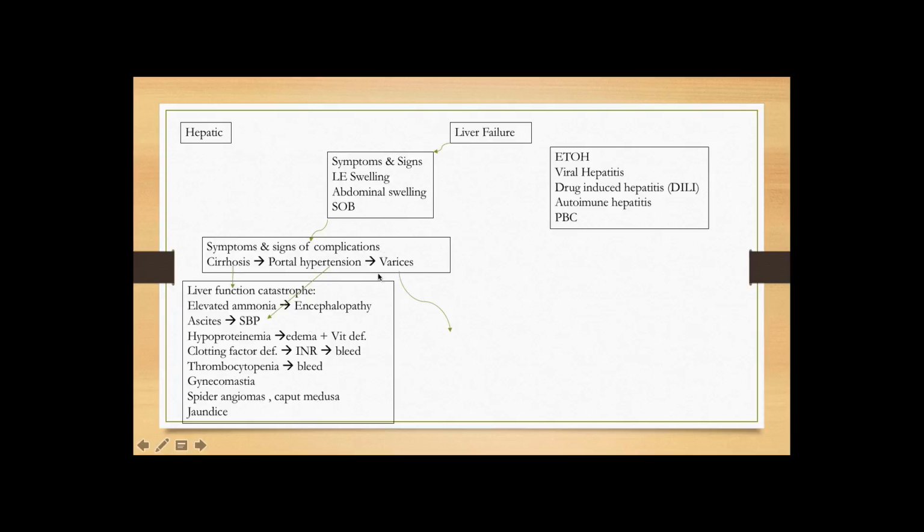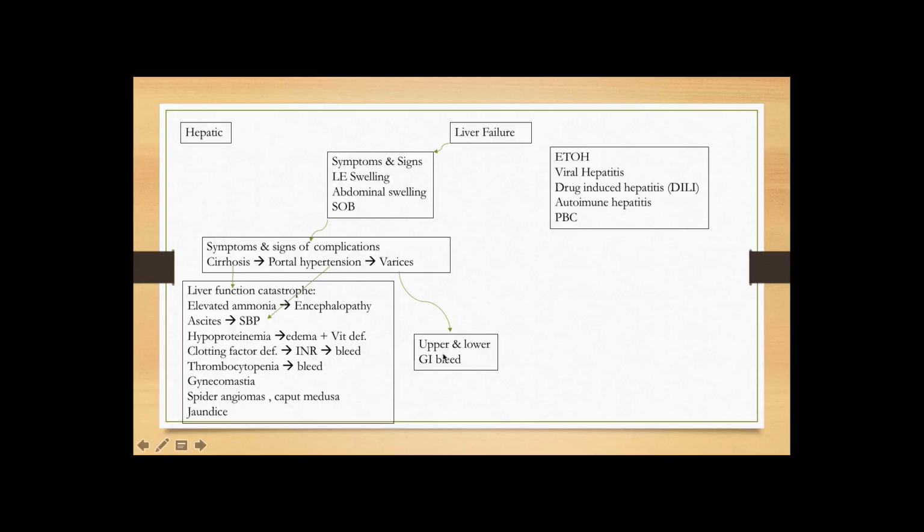So the third thing about varices is that whenever people have severe portal hypertension, they have of course esophageal varices. These varices will of course spontaneously bleed too. So these are the people who will come in with hematemesis or either melena or lower GI bleed. So they have a lot of gastrointestinal bleeding, and if they get to this point, this is usually a very poor prognostic marker. When they start bleeding from varices, that's usually an indication that they are not doing well. So that's something to keep in mind.